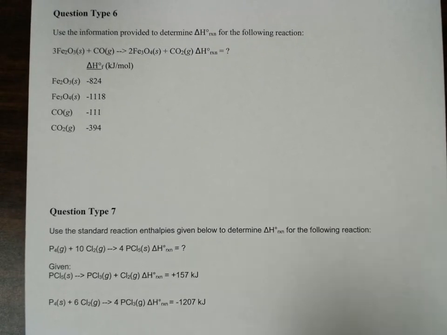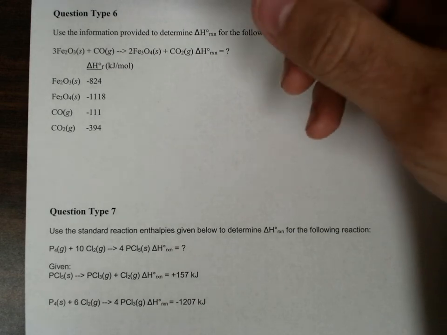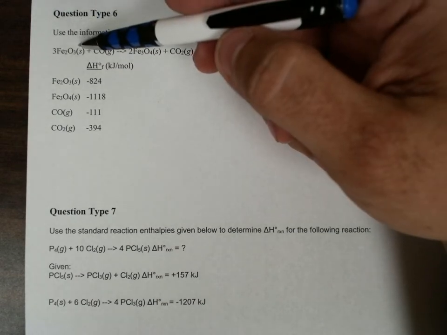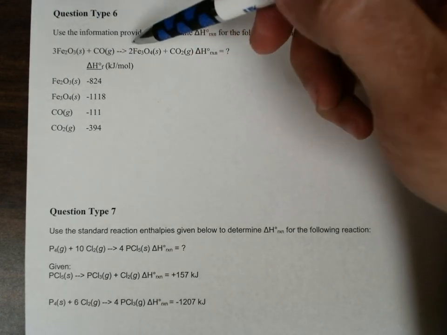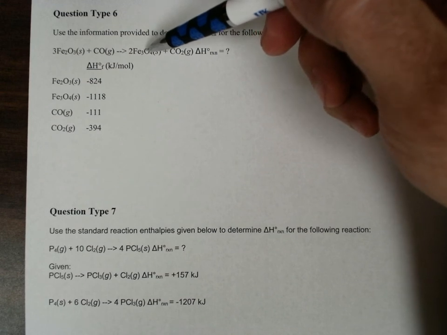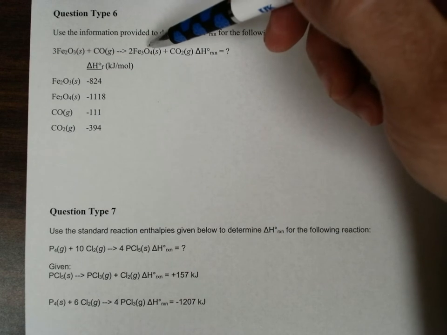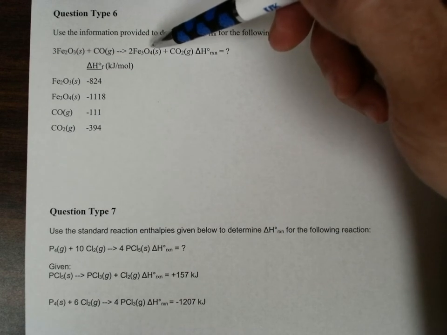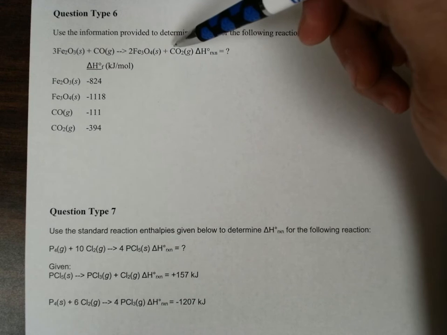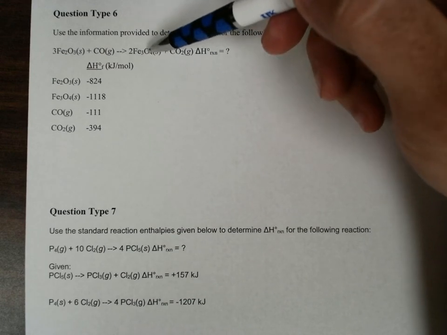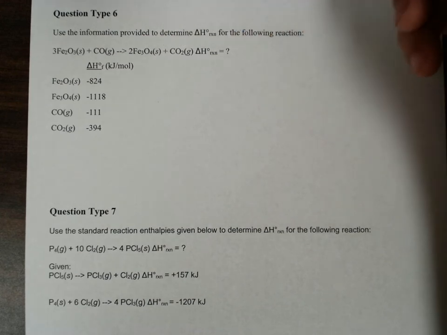For question type 6, we have a slightly different question here. We're asked to find the delta H of reaction for the reaction of 3 Fe2O3 plus carbon monoxide goes to 2 Fe3O4 and CO2. Actually, sorry, iron 4 oxide and CO2. Anyways,